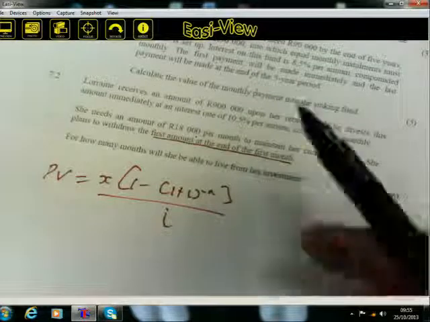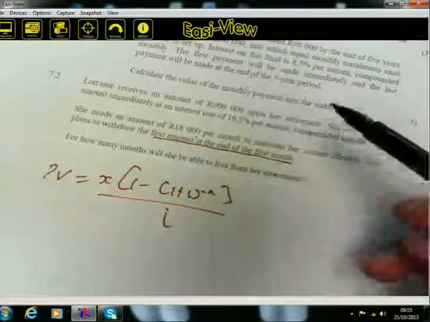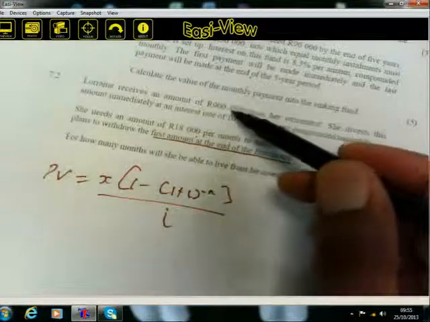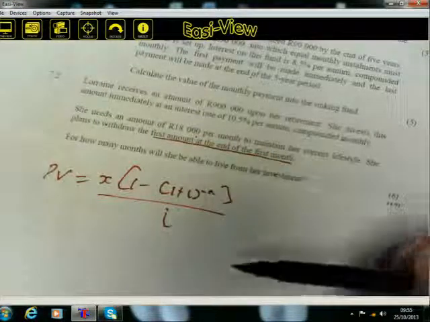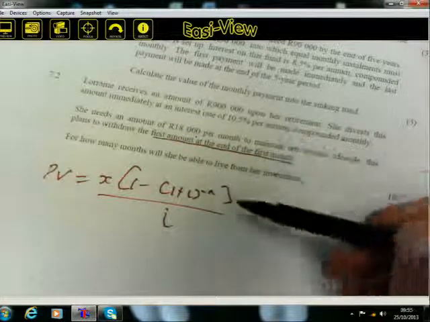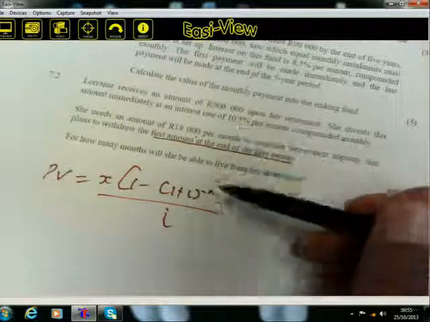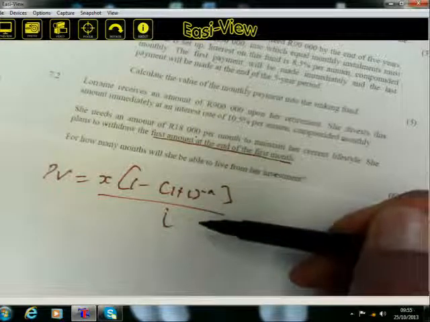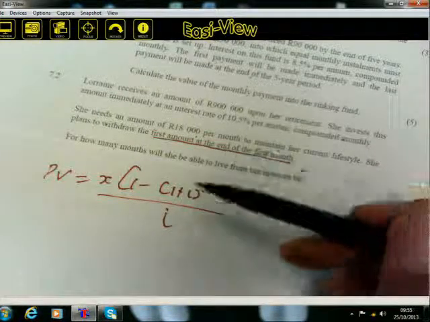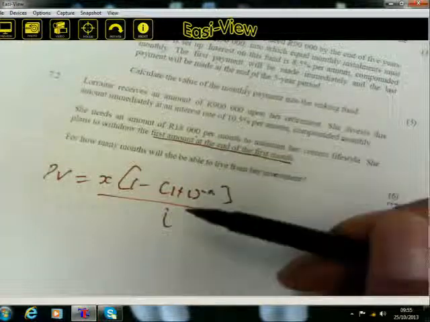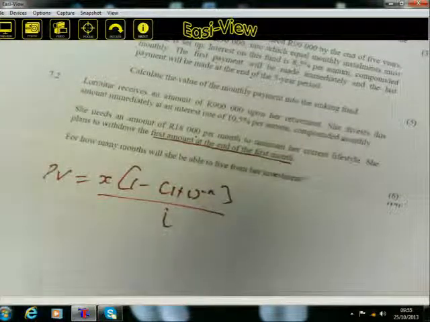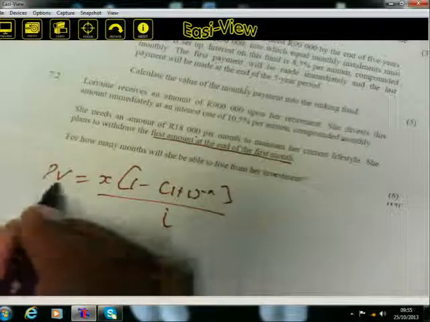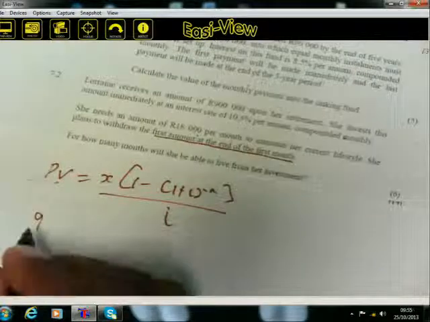Why? Because Lorraine took the money to the bank. In that case, this 900,000, of course, for her side, it's an investment, but from the bank, that will be a loan. And then from that one, you take the interest each and every month. Let us see what it is that you have there. The present value there will be